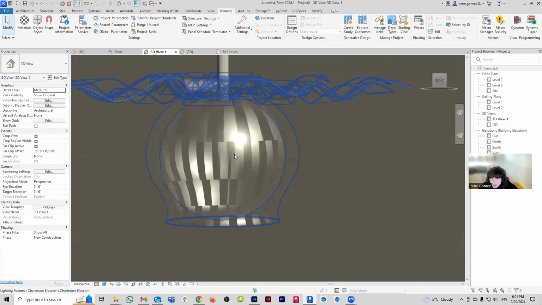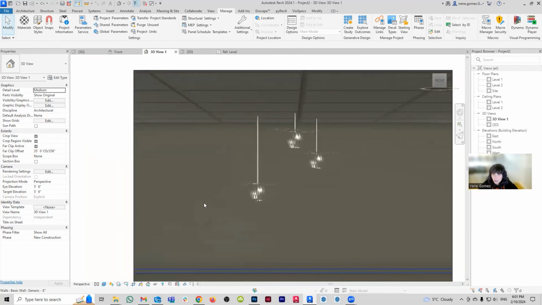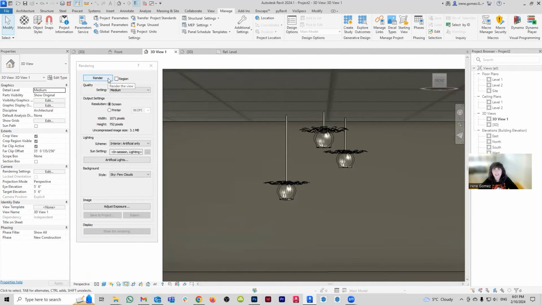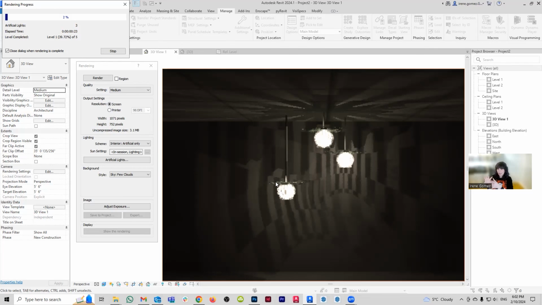That's looking better. It's still doing a weird little shifting, but at least it's behaving much more naturally. Oh my God, I was going crazy there for a second. So let's render here, medium. Yeah, it's still doing a weird shifting effect. That's super strange. I'm not sure why Revit is choosing to do that, but go for it, boss. As you can see, what it's doing now is that you have that layer of light bulb and then you have that layer of the petals. Oh no, it's rendering fun. I have no idea what's going on. Revit is doing Revit stuff. It might look perfectly fine in Enscape or Twinmotion. I do not understand why Revit is choosing to render it this way.